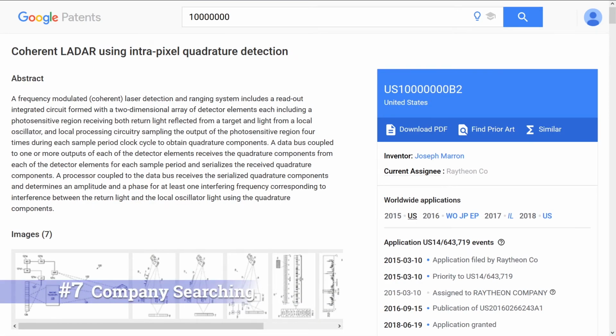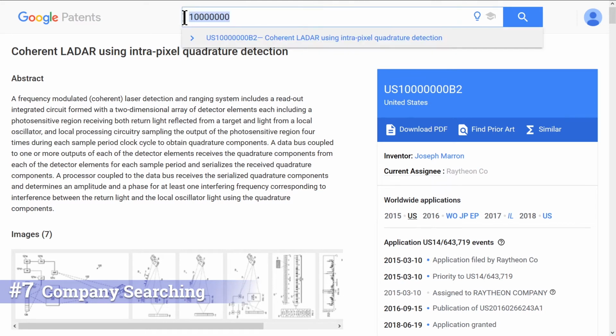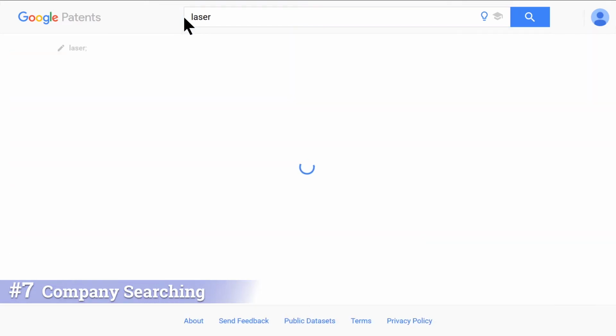Tool number 7 is a company search. If you go into the document view again, you'll see current assignee. Here it says Raytheon. Raytheon in this case is the company that owns the invention. So what you want to do is make a copy of the assignee, Raytheon, and in this case we have an invention relating to laser, so you may just say laser, click search,